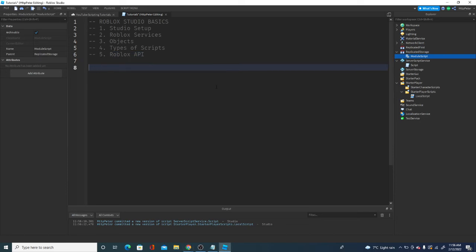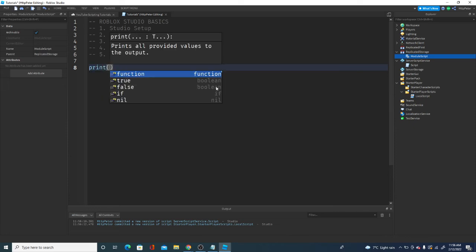If you don't know what I'm doing here, by the way, these two dashes basically make it gray and make it not part of the script, so it won't run. It doesn't affect anything. It's basically notes inside your script. So I could write code like